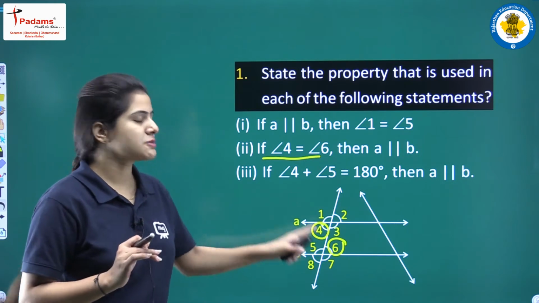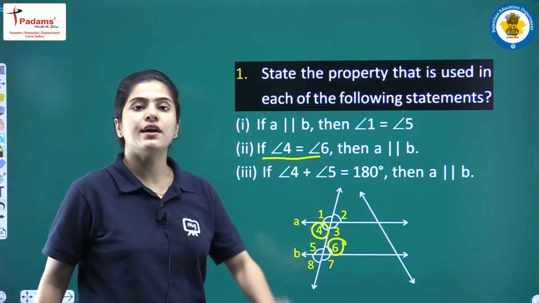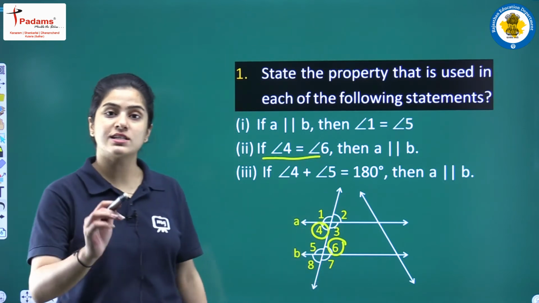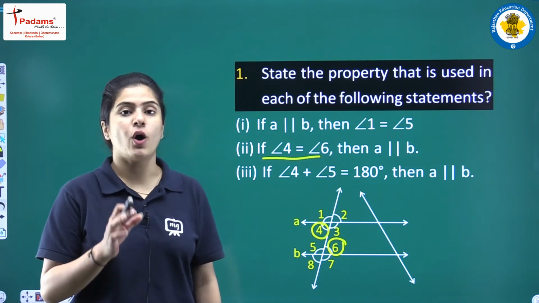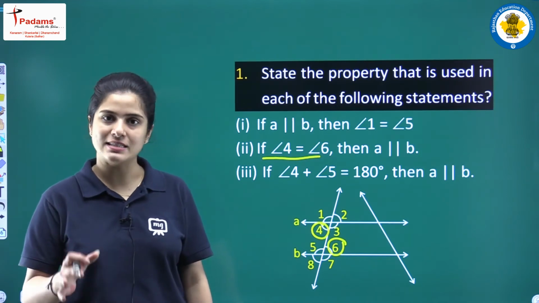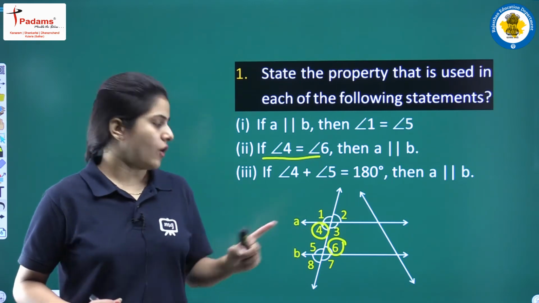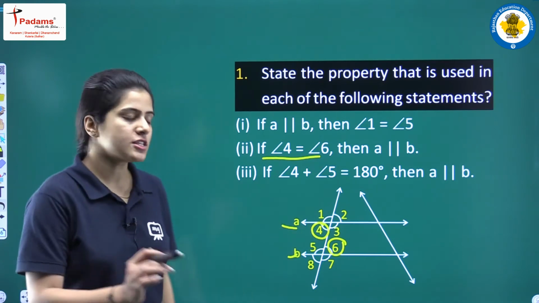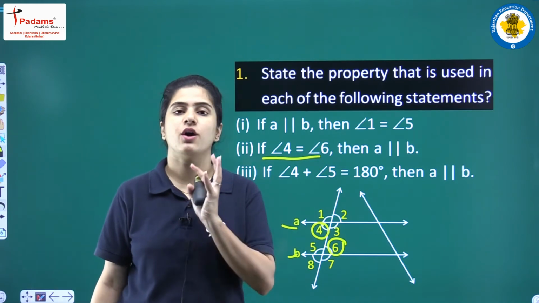Firstly, this is because of the property. Have a look. These both are interior angles, right, and these both angles are alternate interior angles, right. So students, because of the property of alternate interior angles, we know that these two angles will be equal because A and B are parallel to each other. And if it is known to us that these two angles are equal, then because of the property of alternate